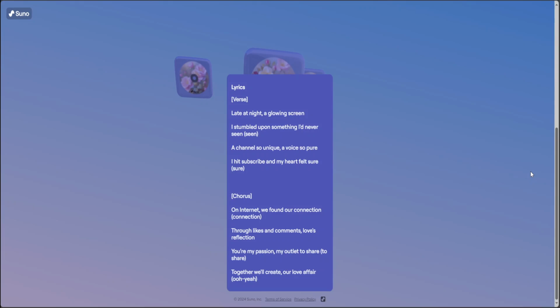On internet we found our connection through likes and comments, love's reflection. You're my passion, my outlet to share. Together we'll create a love affair.